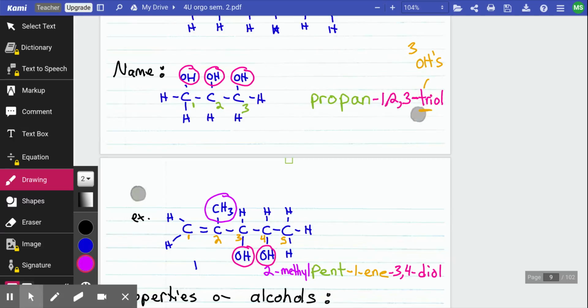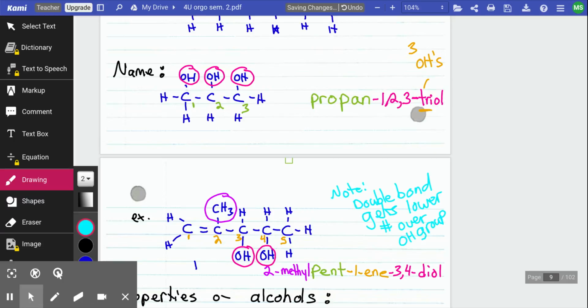So you could make yourself a note in this space if you wanted to, that the double bond gets the lower number. All right,